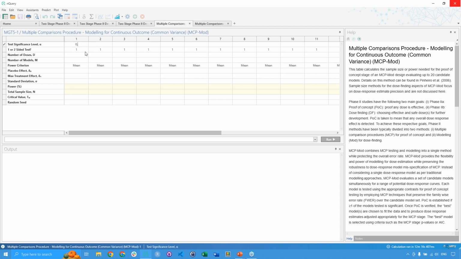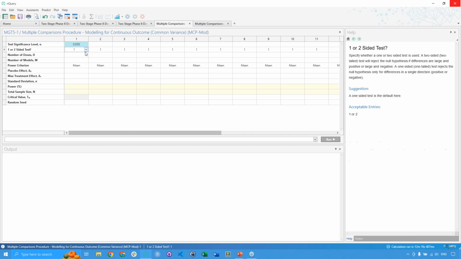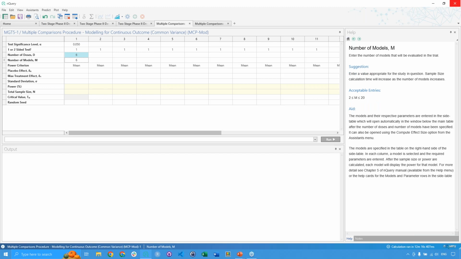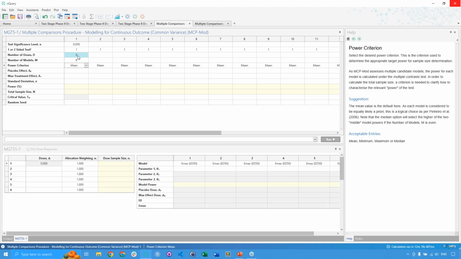And as usual, we can start off by filling in our test significance level. Now, we're going to leave this at a default of 1-sided test, but obviously you can choose 2 if you wish. And we have 6 doses and also 6 models. Now you can see once I fill in these 2 values here, there are 2 side tables that will open up just below here. We will actually come back and complete those shortly, because what I'm going to talk about now is just the